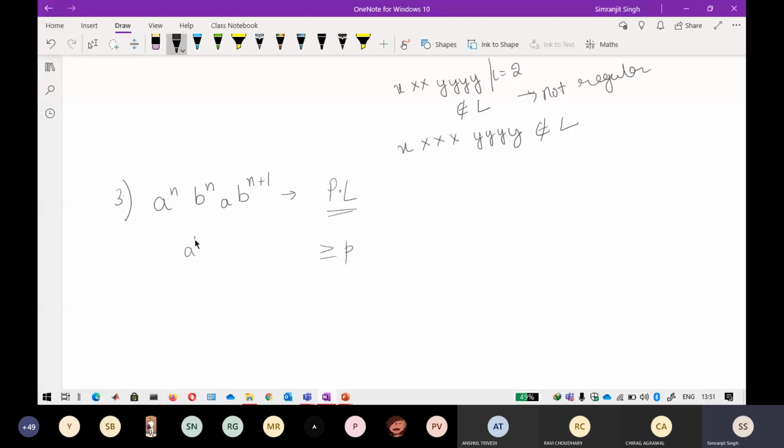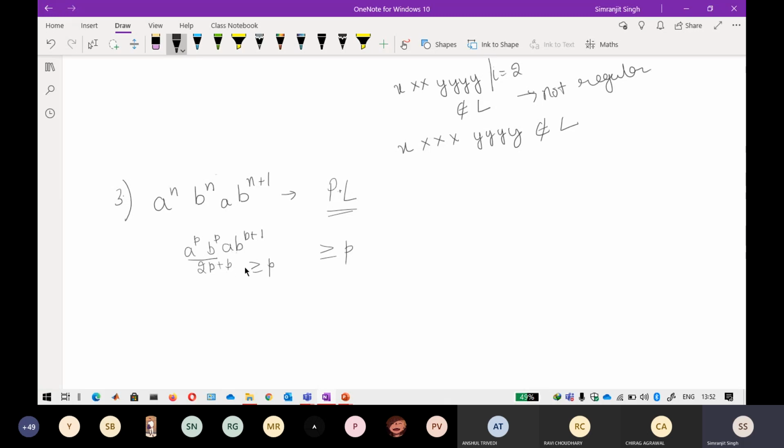If I replace it with a raised to power p, b raised to power p, and a b raised to power p plus 1, then for the minimum length, you can already get 2p from here, and 1p is also there, and it is plus 1 here. So just leave it like that. You do not need to check all the things. From this, I know that there will be at least 2p length of this string, and 2p is greater than 1. If you are adding something to it, that is well and good, but there is no need.